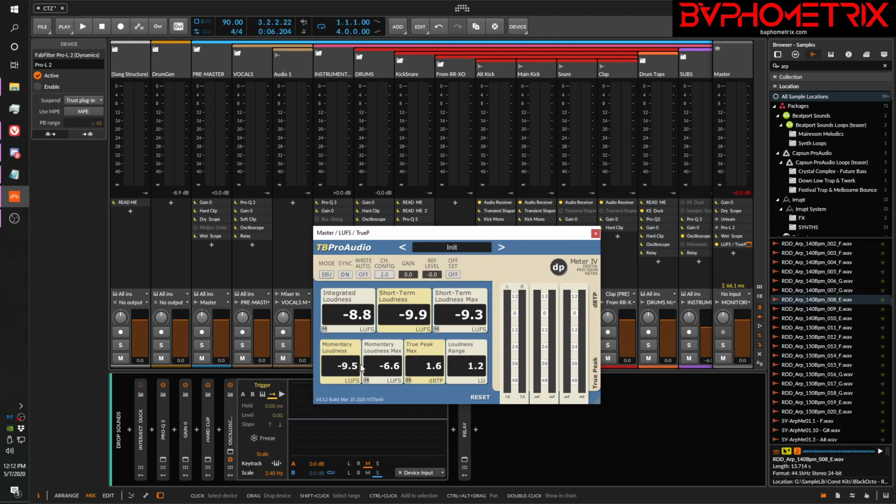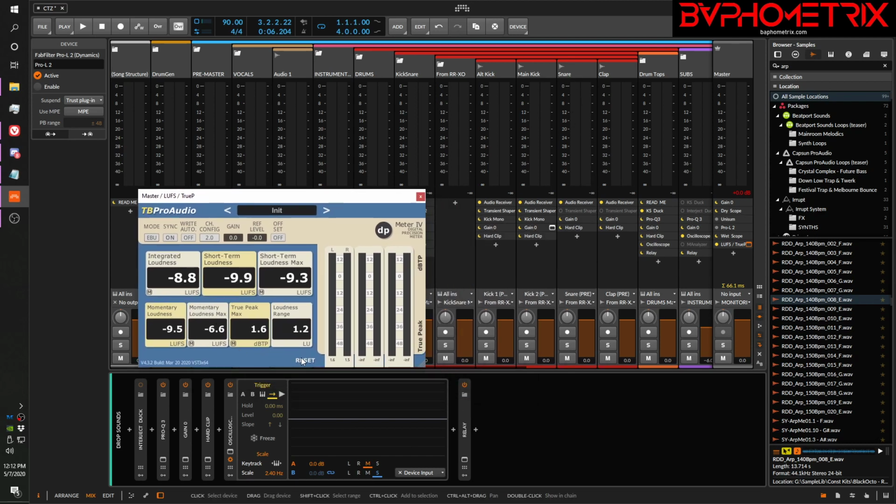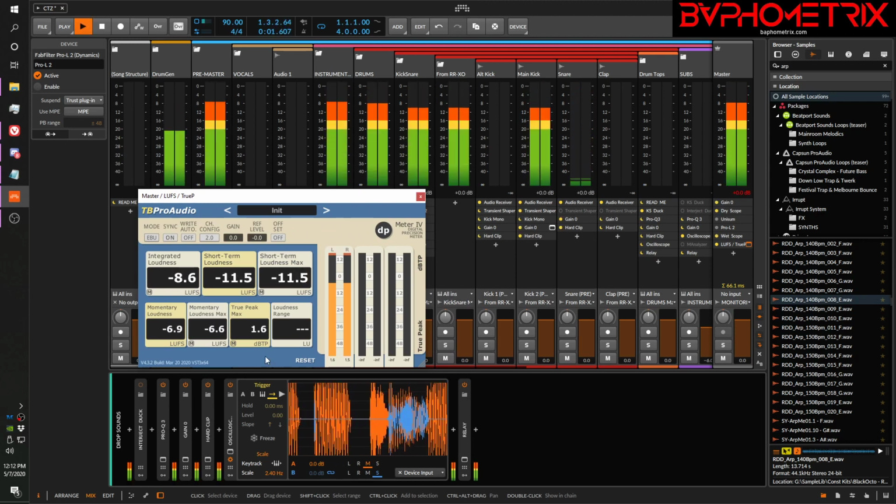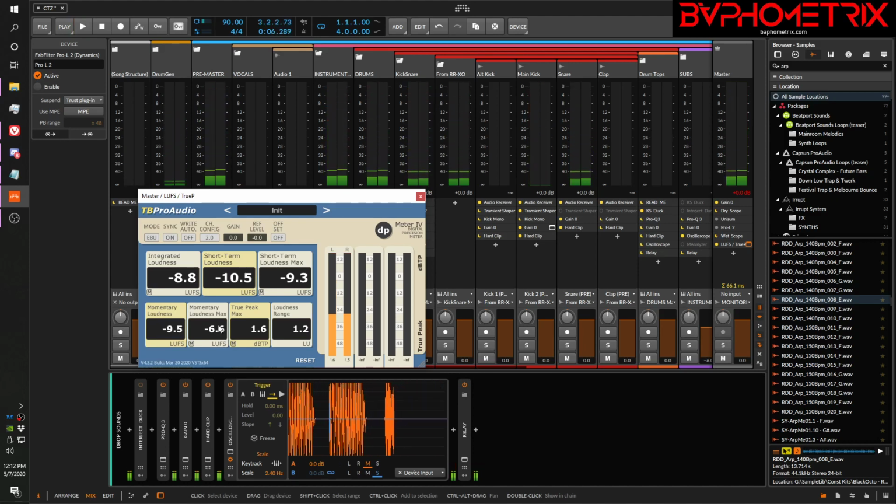What we're looking for is the momentary max. That's our clue for how loud this song can potentially be with the kick and the snare set up at their loudest potential. Okay, so we're watching the momentary max. See that? Negative 6.6 LUFS is potentially how loud we can drive this song by the time the mix is done. So right off the bat, as soon as you drop in your first anchor sounds, your framework sounds, your